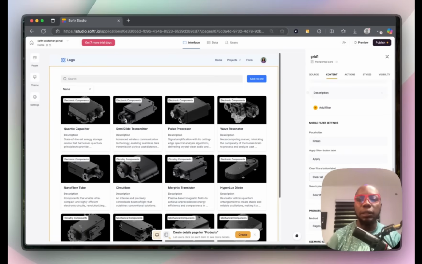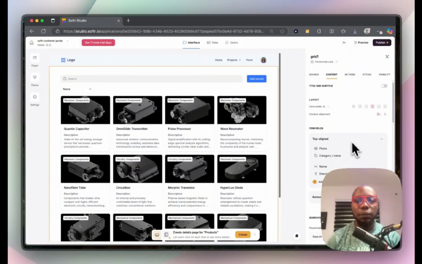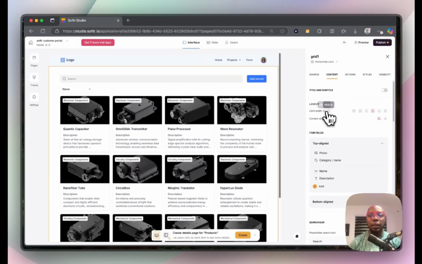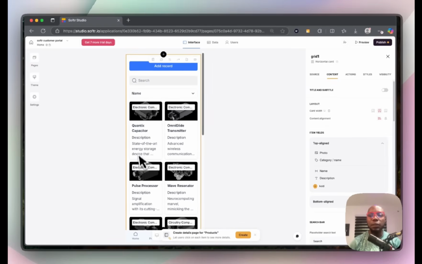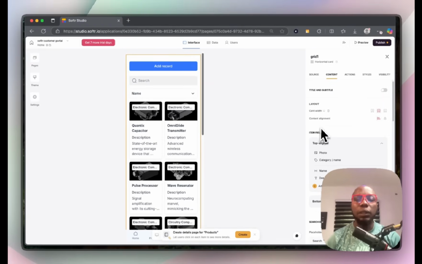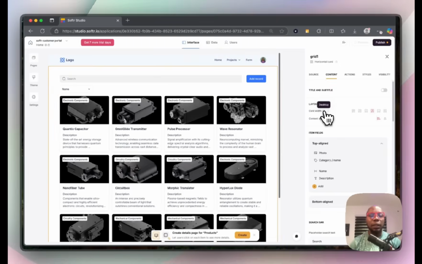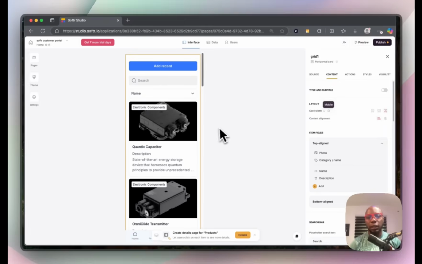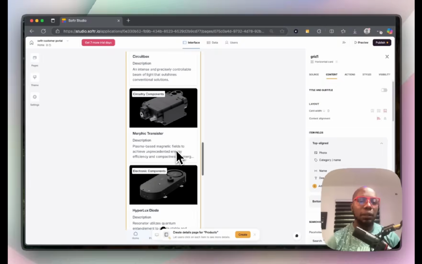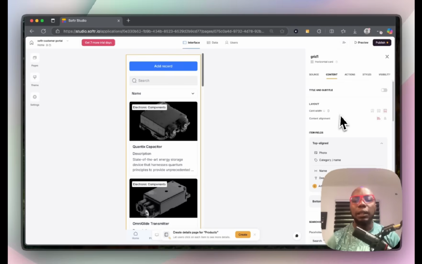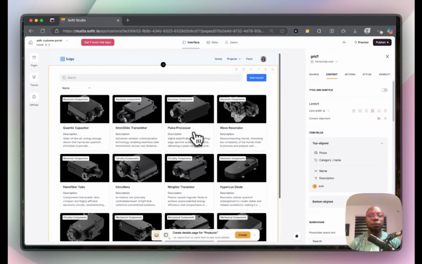And also you can determine if this will show on mobile or if it's going to show on the desktop screen, right? That card here on desktop screen, and then this is the way it's going to show on mobile. So we can change how it's going to look on mobile. So we can say large, so it shows one after the other on mobile, and then on desktop, it shows medium on desktop. You get it, right? So large on mobile, because on mobile, you're going to keep scrolling,